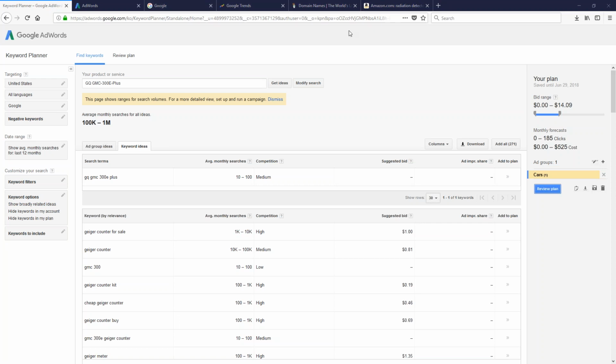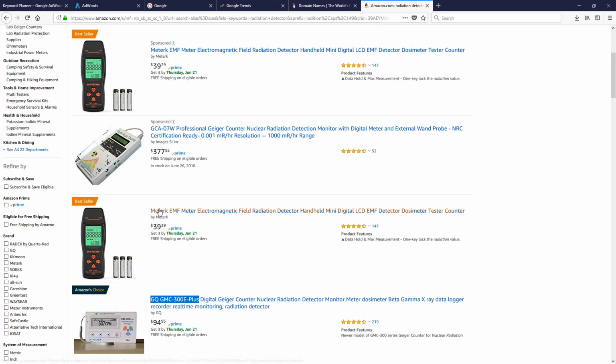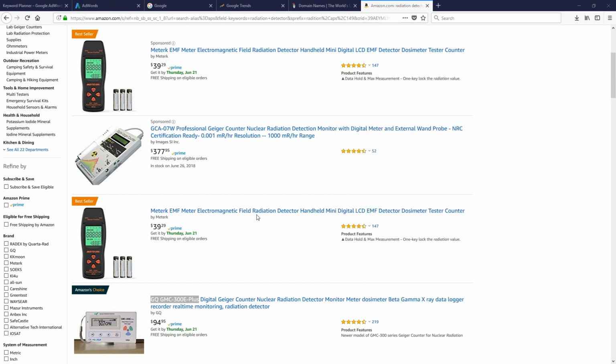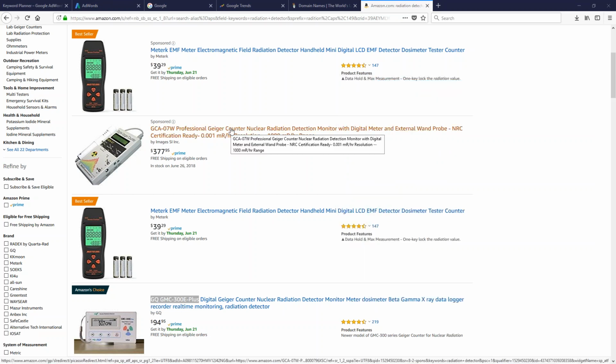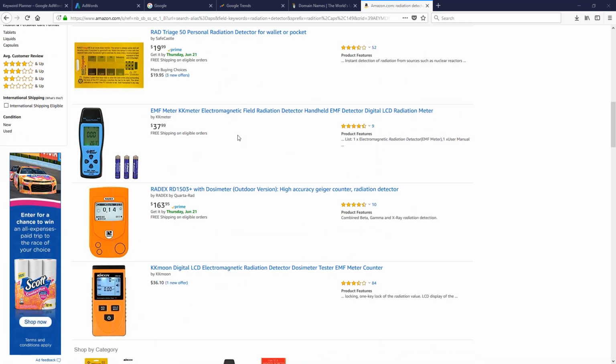So I have GQ. It's kind of hard to say where this might land in terms of expensive or not. It's at least under $100, so I might try to keep this with the cheaper brands for the moment. But I'm basically building up a brand list at the moment. So I can continue this process and look for maybe 10, possibly 15 different brand names